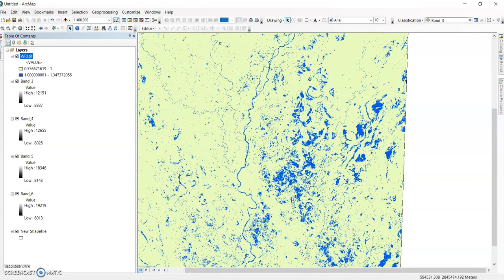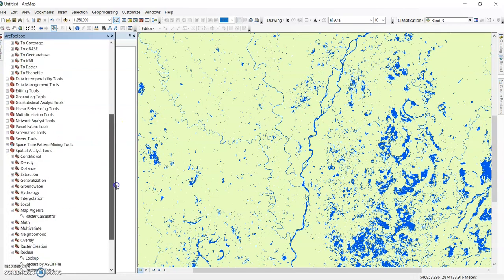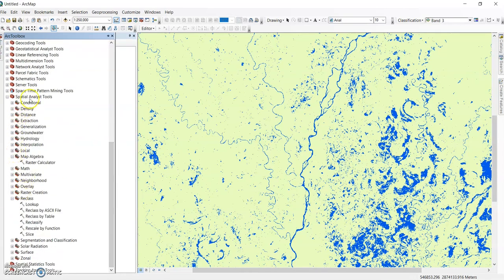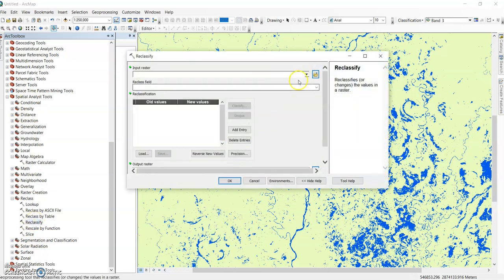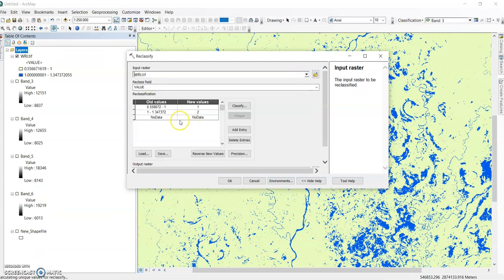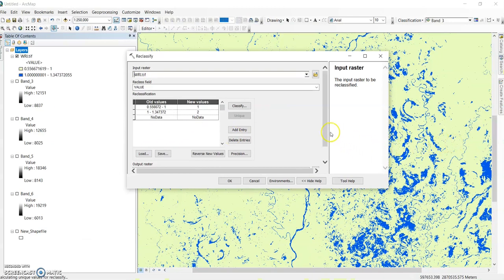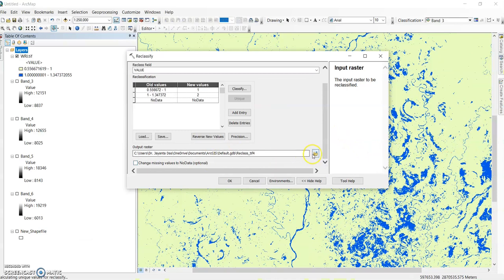This is a plain area. Here various wetlands are available. I know this area very well. So now if you want to extract these water bodies, then reclassify it. The reclassify tool, in the spatial analysis tools, you can find reclassify. Click it and add your WRI data and classify into 2 groups, one less than 1 and another more than 1, and save it in your data output raster file